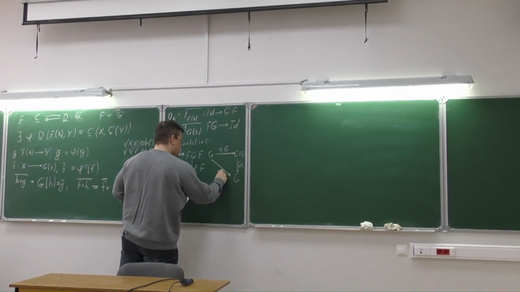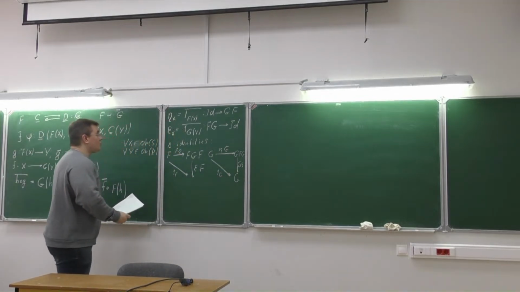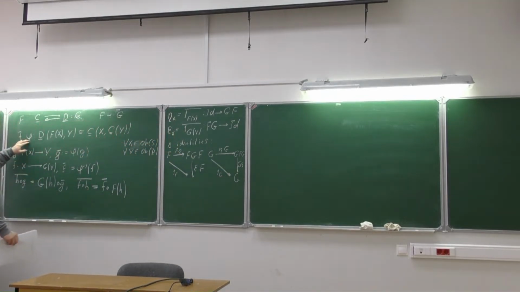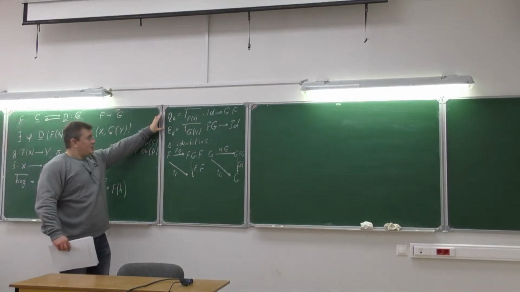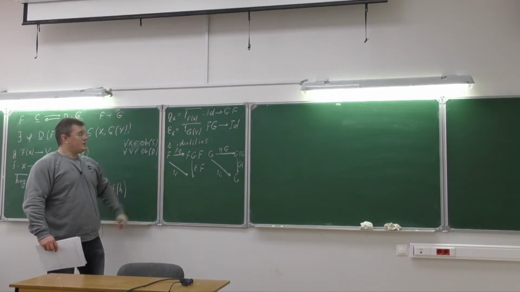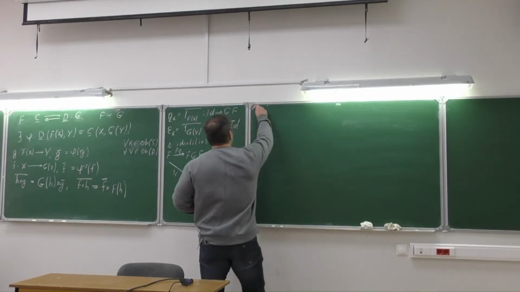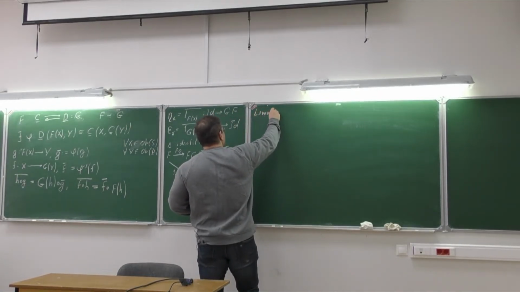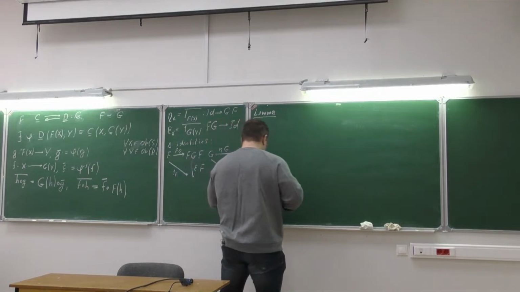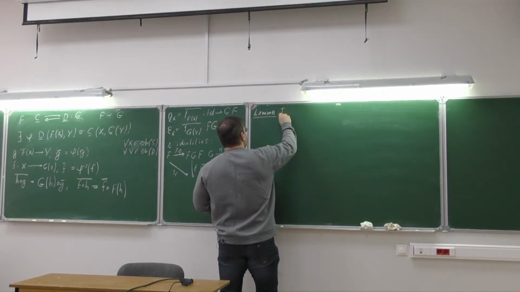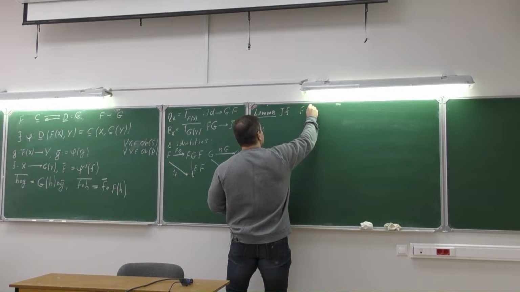Now the first goal of today's lecture is to show that this data, this bijection of two Hom sets phi, which is natural in both variables, is the same information, it's precisely the same data as these two natural transformations satisfying these two triangle identities. And the proof essentially follows from the following lemma, which is a very simple and naive observation. So if we have a pair of adjoint functors, so F is left adjoint to G,